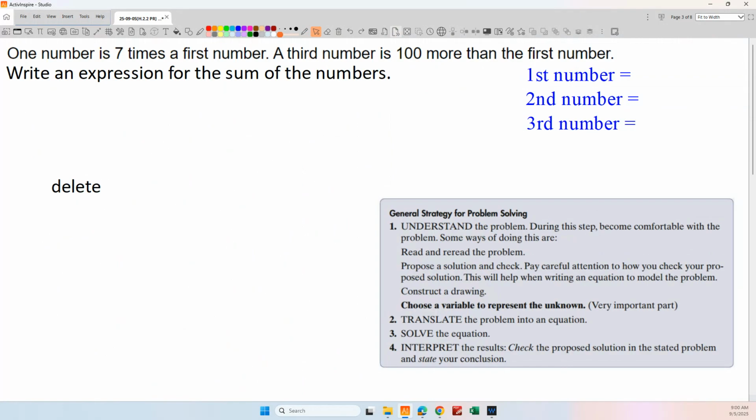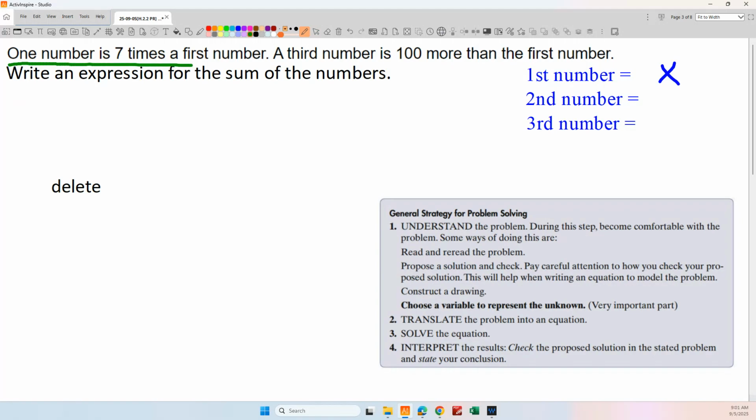Okay, the first number needs to be x. How come it's the first number that we would call x, or whatever we're going to choose for our variable? Usually x. Okay, because the other numbers are described in terms of the first number, right? They're always referencing the first number. So the one that we know nothing about, that we have no additional information about, has to be the one that we call our unknown, x, right? Does that make sense? Okay, and that helps. Just even recognizing that starting place is really helpful. Okay, so first number is x.